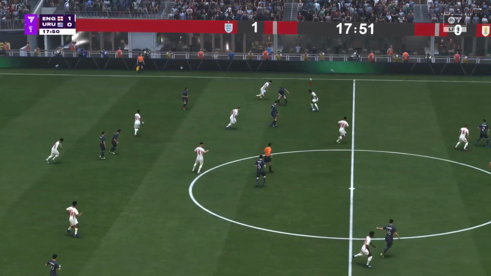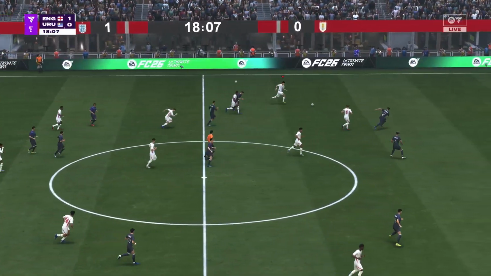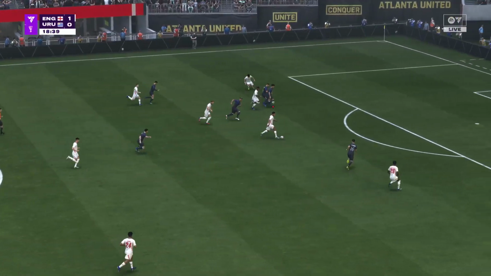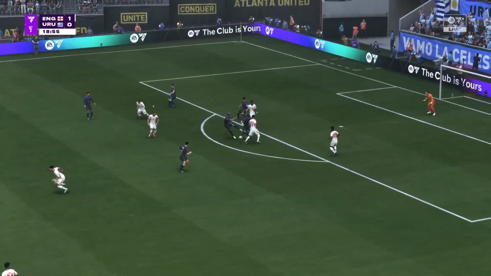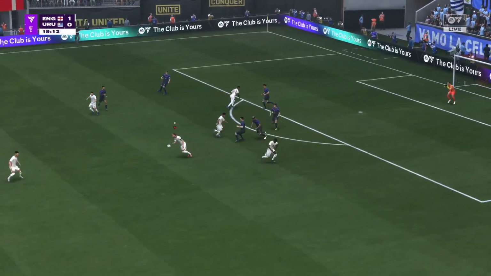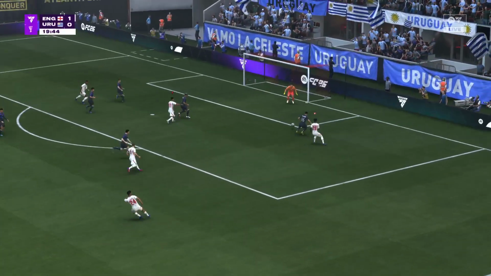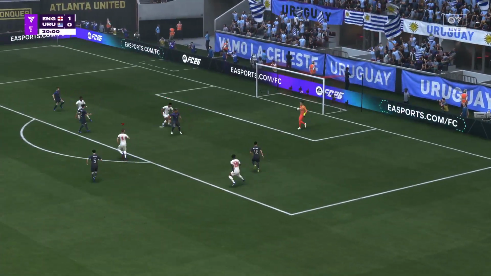England with possession again. Harry Kane. He's in with a chance. Magnificent defending. Can he put it away? That's well blocked.